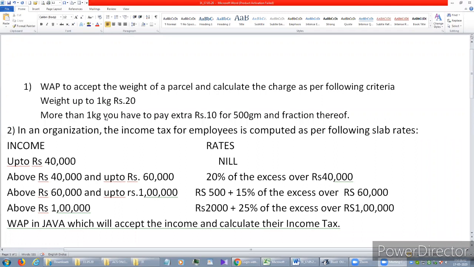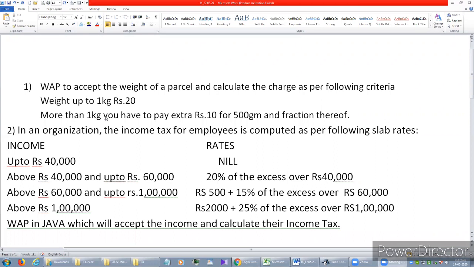Again, now the question is, if the weight of a parcel is 1 kg 502 grams, what do we have to pay? I want to know it from Moitri. Moitri, please explain. Sir, I think 30 rupees because it's more than 500 grams, 502 grams. No, so what I told, 20 plus...